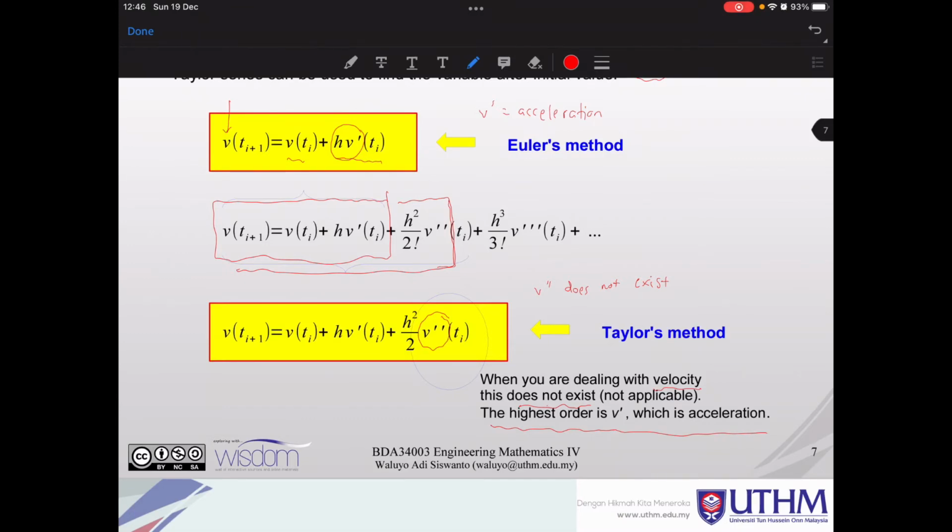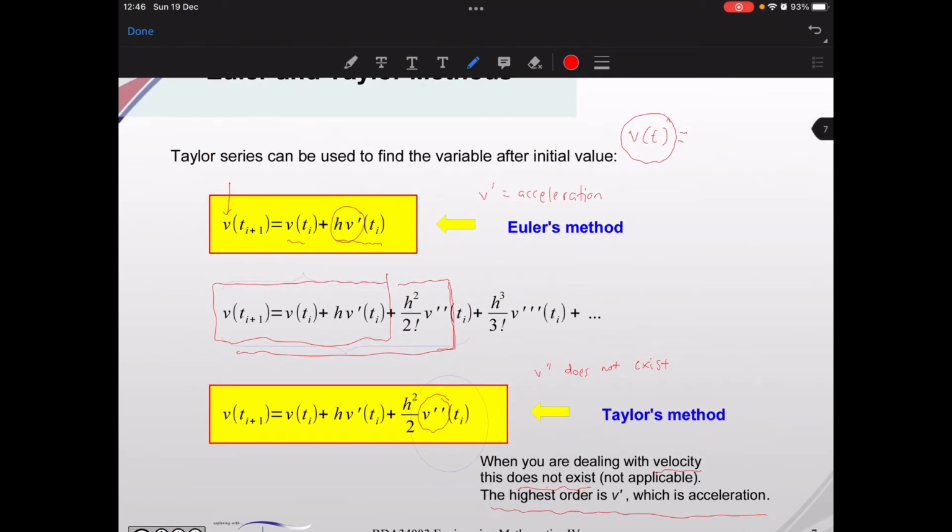That means if you are using Taylor's method to solve velocity, then it will be up until the first order only, unless you are solving distance, for example,